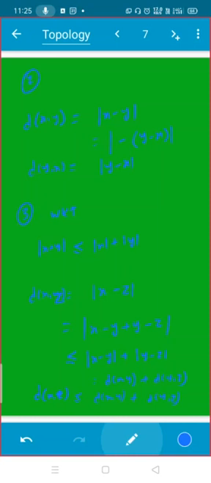R is a metric space. Correct. R is a metric space with the distance function mod. Good. So suppose you are having